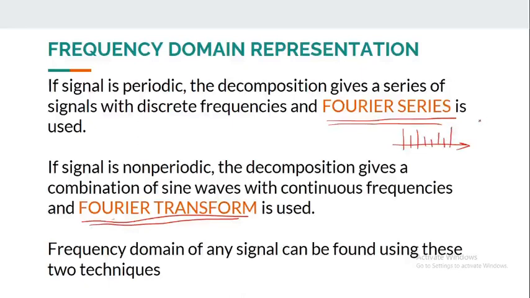Fourier series will give a discrete frequency response, or periodic signals will always have a discrete frequency transform, but aperiodic signals will have a continuous frequency response like this. That is, it can have any frequencies continuously from here to here. But if the analog signal is periodic in time domain, it will have discrete frequencies like this. Just remember these two factors. Fourier series is used for periodic signals and Fourier transform is used for non-periodic and band limited signals.